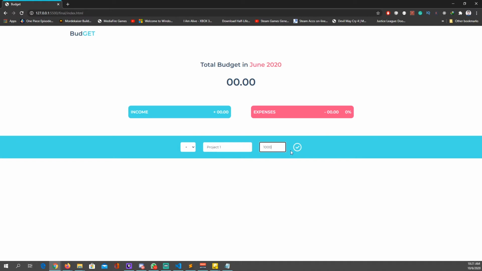So we add this right now, and you can see that we add a new income in our income list. We have project one amounting to $1,000, and you also have the option to delete this income when you hover, and then it's going to display the delete button. What you can see is that our total income is updated over here.